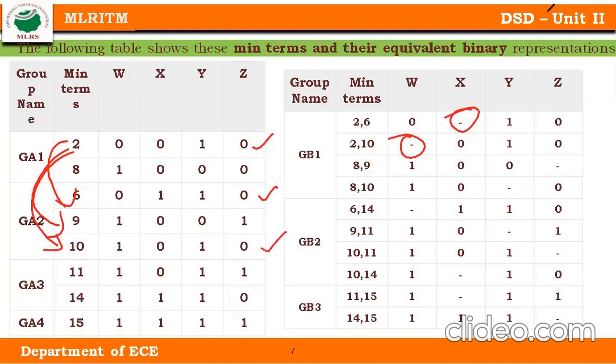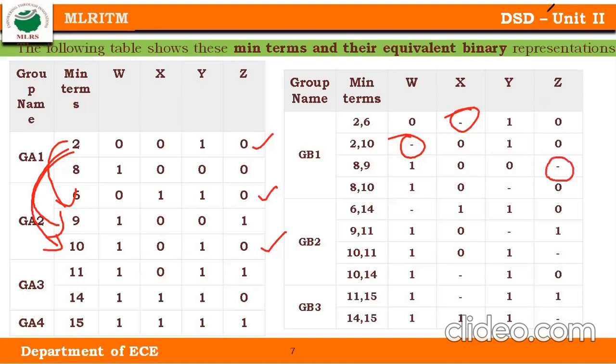So I have put a tick mark on 10. 2 is already paired, no problem, and now 10 is also paired. Then I'll go for the second: 8 and 6. 1 change, 2 changes, 3 changes. So it is not possible to pair because 3 digits are changed. Next 8 and 9: 1 1 no change, 0 0 no change, 0 0 no change, 0 1, okay, one change is there.